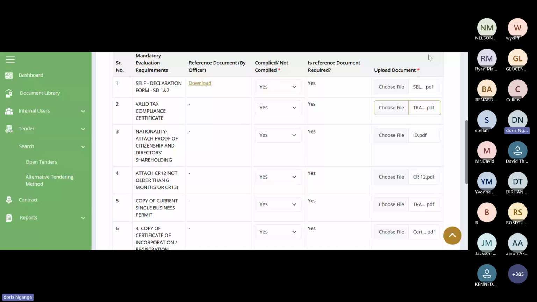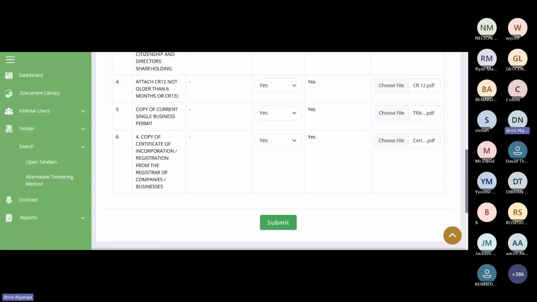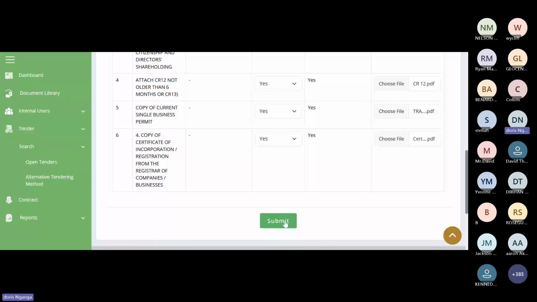As you can see, once I hover over it, it tells me I have uploaded a trade license instead of a tax compliance certificate. So I can come back here, choose file, and I attach the right document, tax compliance certificate. It now replaces the document that you had uploaded in the wrong place. So once you are satisfied you have attached the correct document, you will come here and say submit.